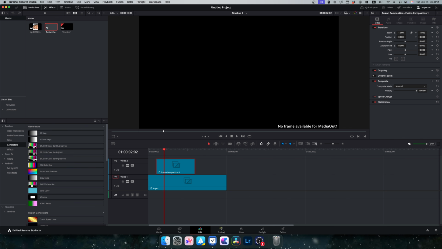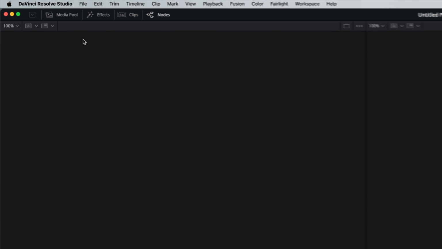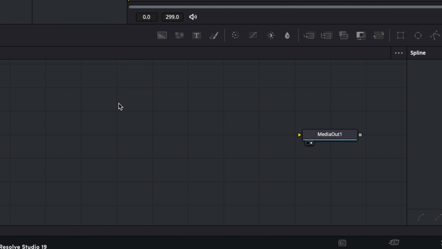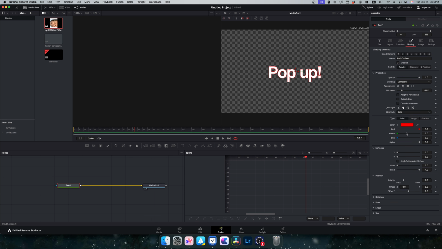Okay, now head over into the Fusion tab. And don't be scared of the Fusion tab, because I know a lot of people are. It's actually simple. Okay, so take whatever you want, either a media image, drag it in, or you can just use a text node. That's what I'm going to be doing today. Connect it up, do all your regular text adjustments, and there you have it, regular text, but it has no